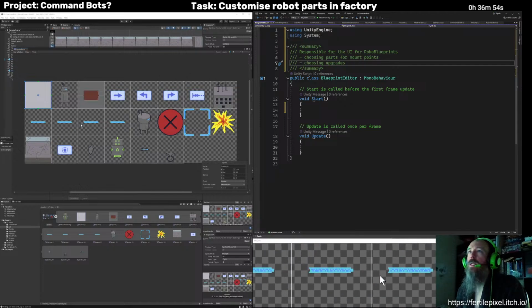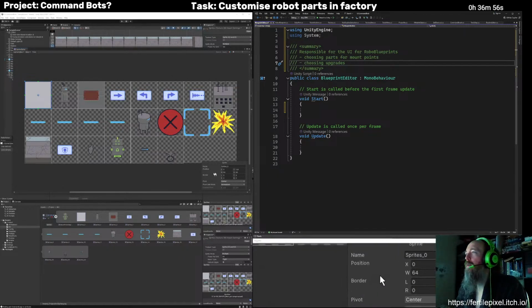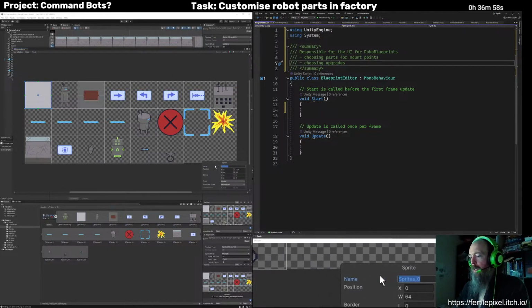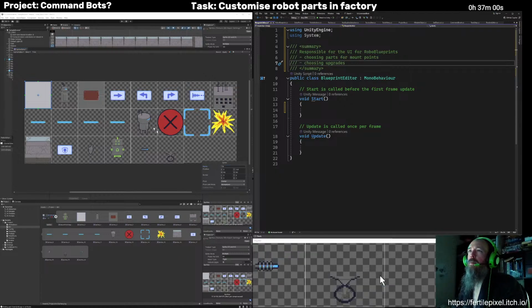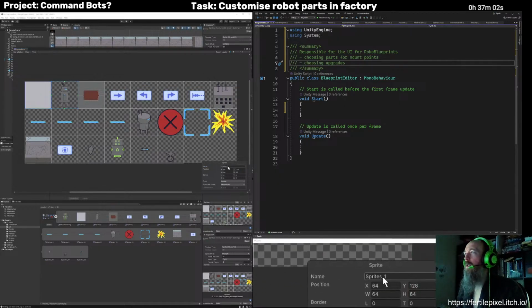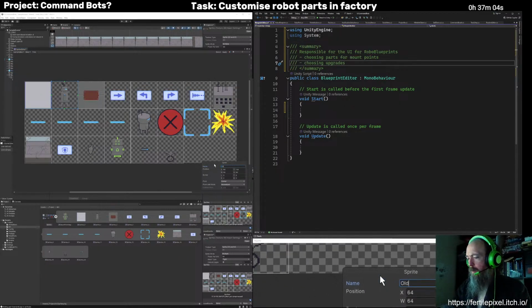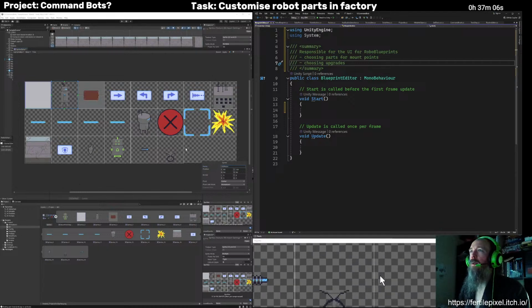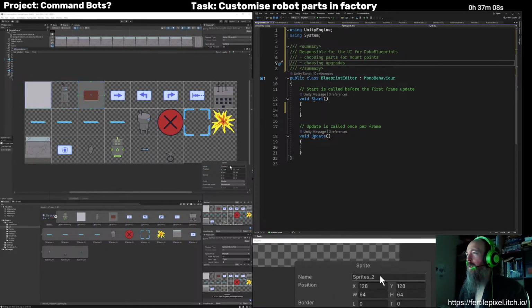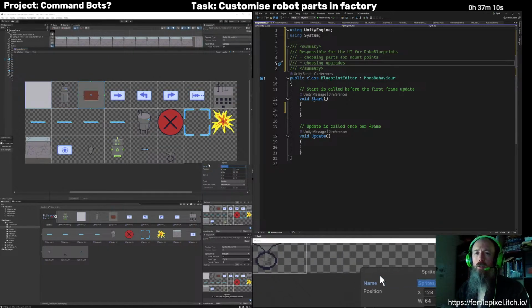So that's fantastic. I think I'll just quickly name these now, since I should be doing that. It'll just make it easier to work with. This is my old robot. This is the